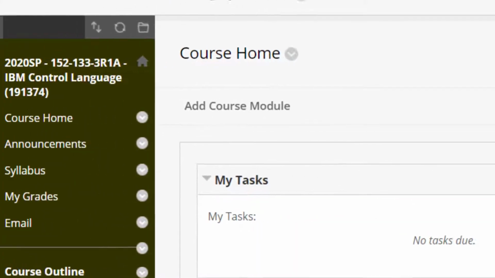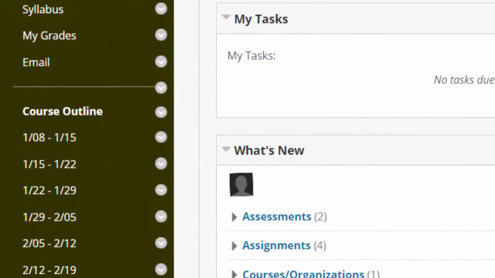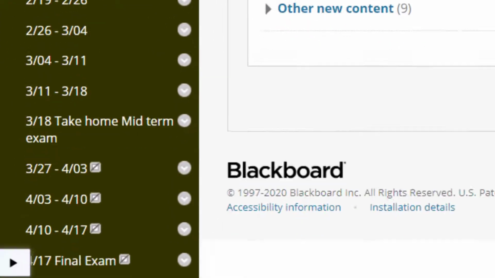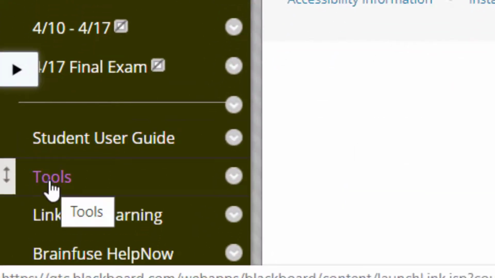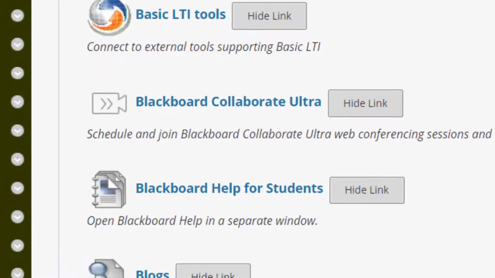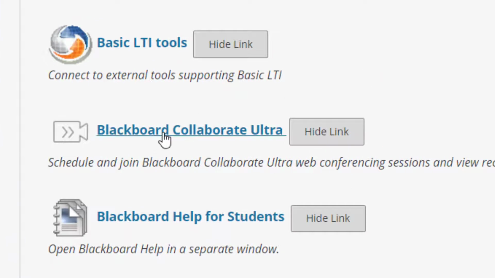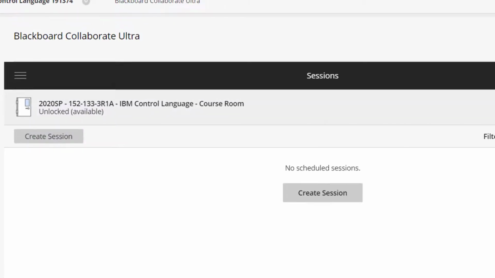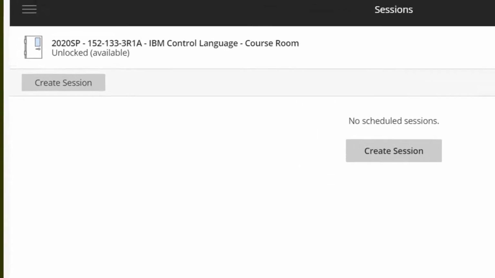Once you are in the class, if you scroll down in the list of the options, you will find Tools. When you click on Tools, you will be able to see a link called Blackboard Collaborate Ultra. When you click on Blackboard Collaborate Ultra, it takes a few moments and it gives you a link up here